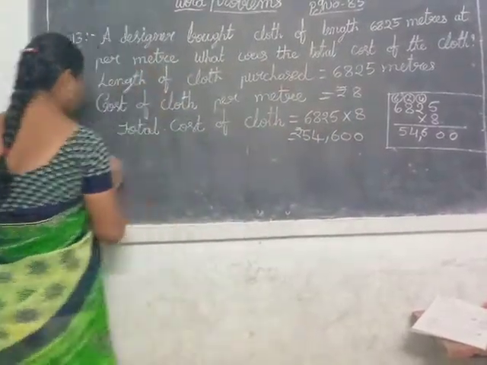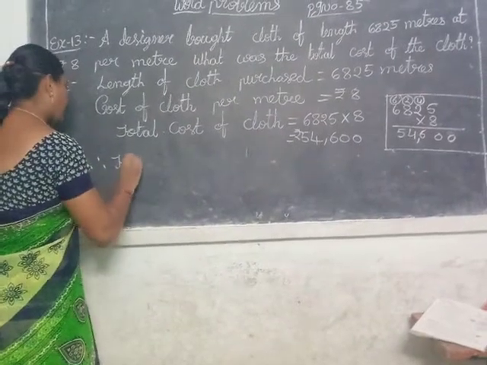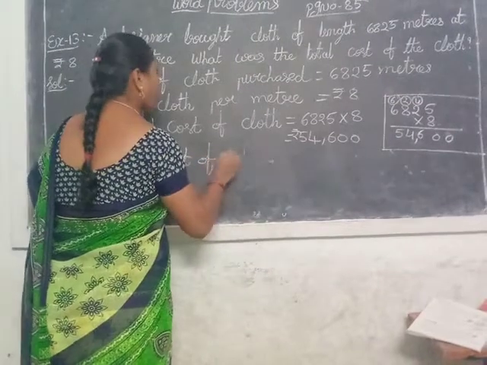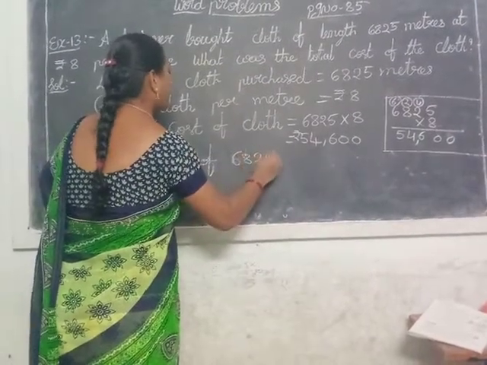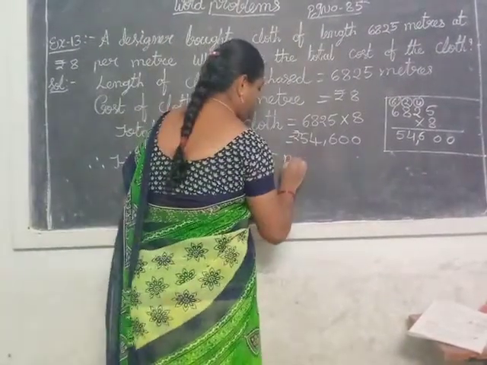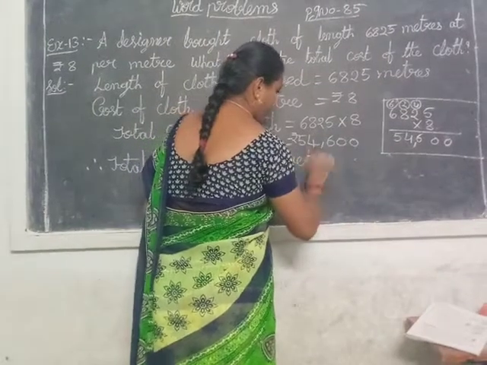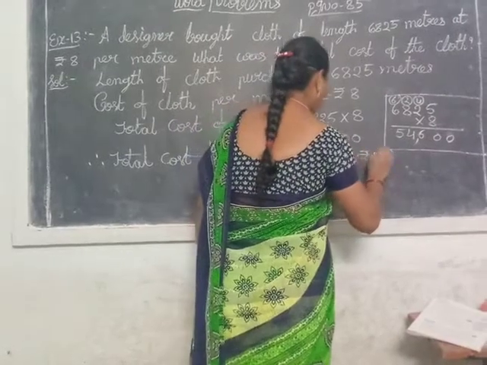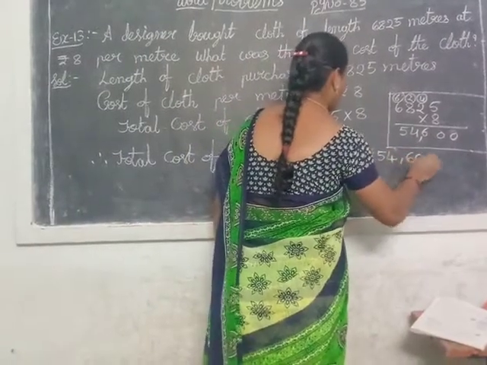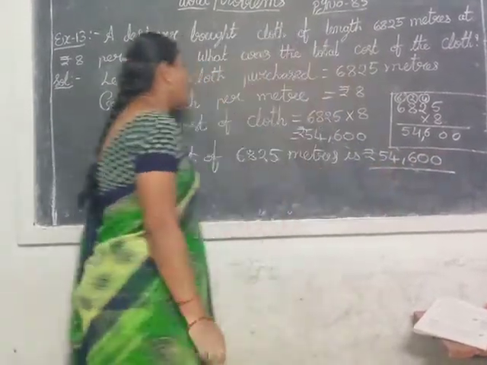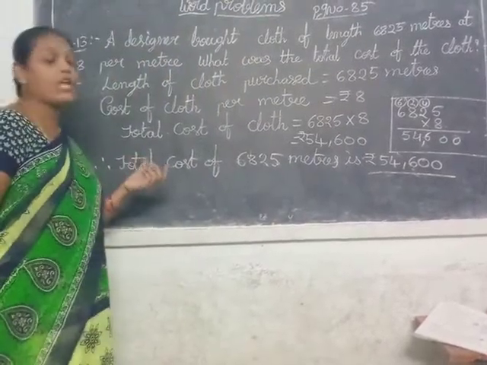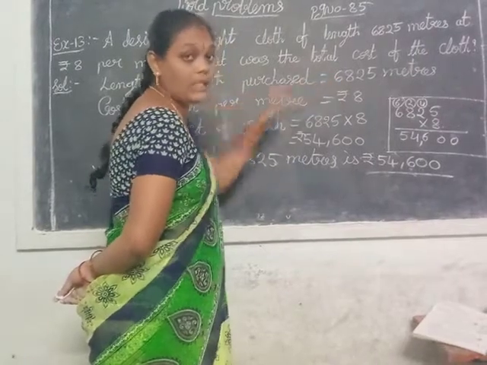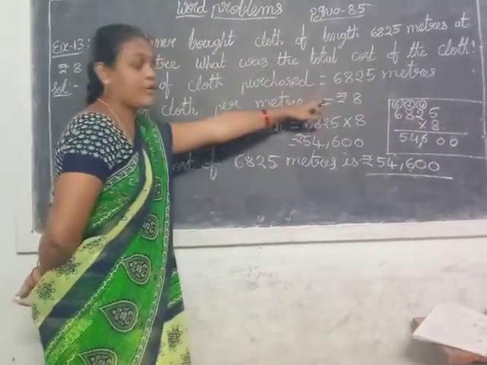So total cost of, right here, last conclusion. Total cost of 6,825 meters is 54,600 rupees. Okay, he given first length of cloth purchased in how many meters? 6,825 meters. Cost of cloth per meter 8 rupees. Total